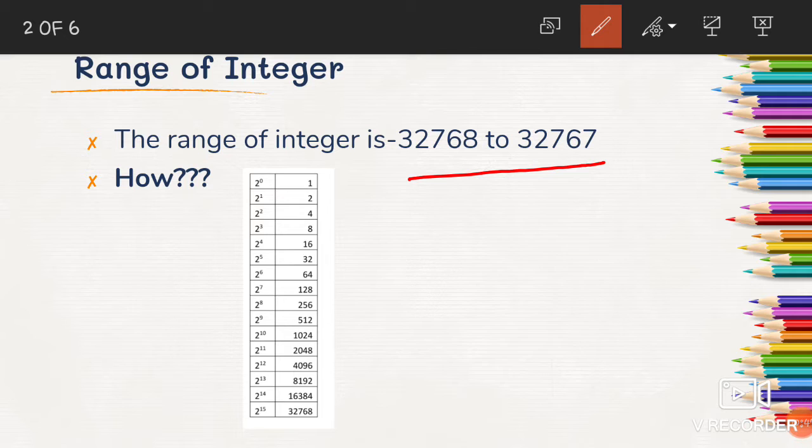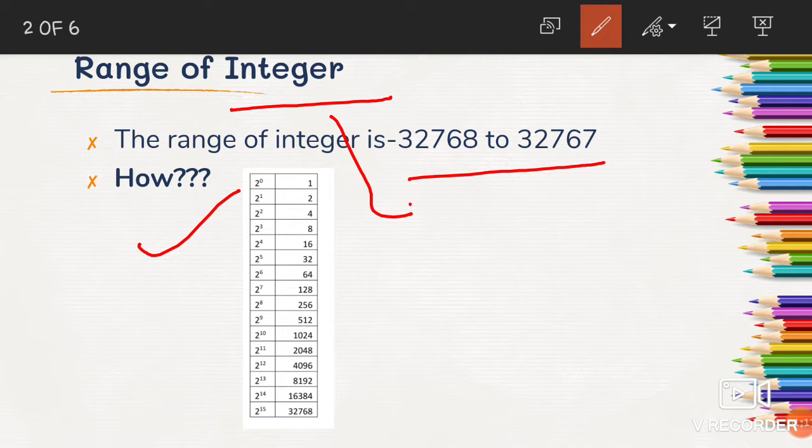So let's discuss this. Most of the students in universities or colleges mainly cram this number for the integer range, or for the character range they just cram another number. So there is no need to cram this number, we have to calculate it. So how will we calculate this? What is the range of an integer?